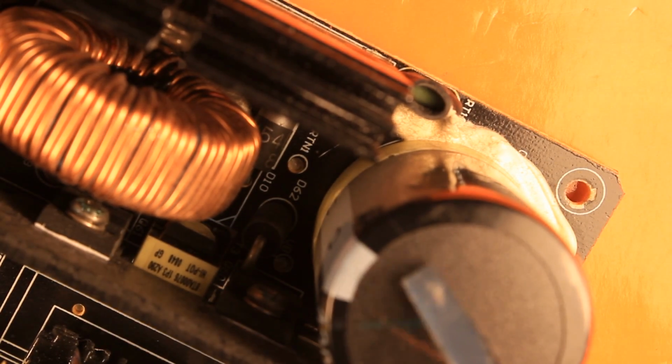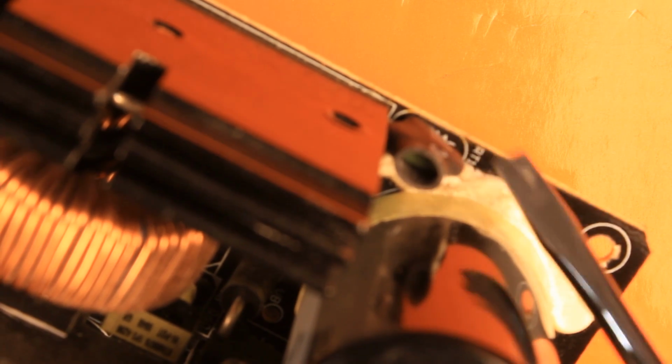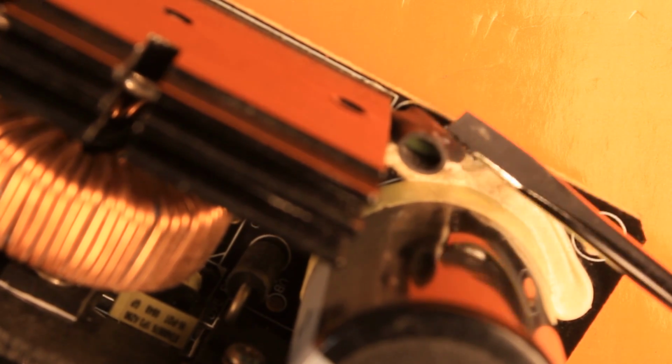Before going into the capacitor, they are using a thermistor with a negative temperature coefficient, meaning that once this thing is heating up, the resistance is going to drop considerably. This way they can minimize the inrush current, and once the power supply is in operation, this thermistor is getting warm and the power loss on it is reduced. Having a thermistor here is not very nice, because it will always dissipate power. So in most